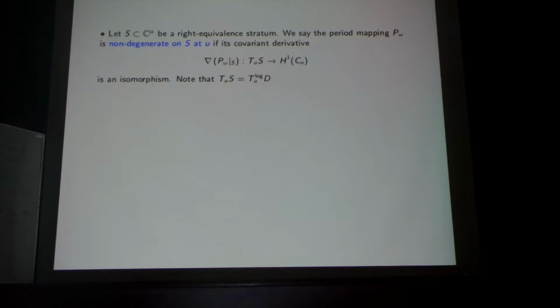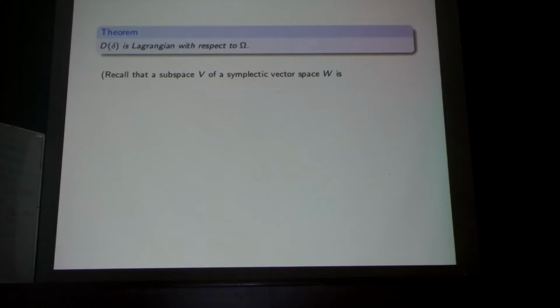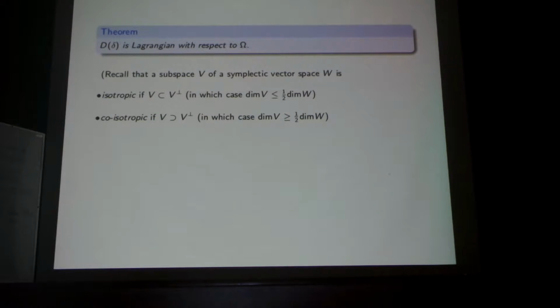So I don't want to be too technical. I'd rather not have to say covariant derivative. Just think of the derivative. Just think of trivializing the vector bundle and projecting the ordinary derivative into the fiber and getting a derivative, therefore, from the tangent space to the base into the tangent space,